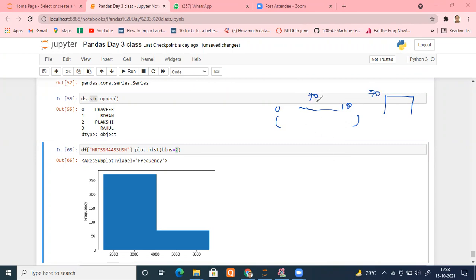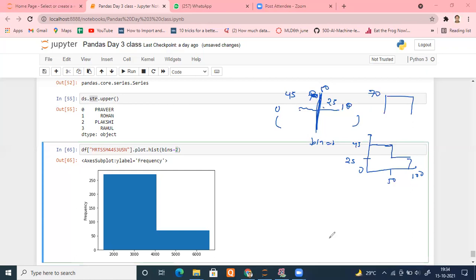Now suppose you divide it into 2 parts. I said bins equal to 2, means divide into 2 categories. Now suppose this is 50. And in 0 to 50, suppose the numbers landing are 45, and here 25. Then how will it show? This is 0, this is 50, this is 100. How many numbers are between 0 to 50? 45. So it will show 45 here. And once we reach 50, how many numbers are there? 25. So it will come down and show you 25. Getting the idea or not? Please tell me.